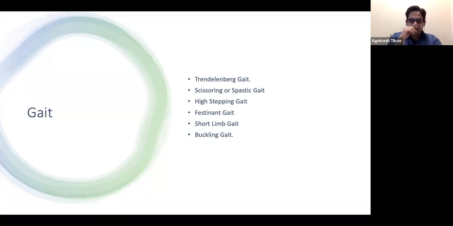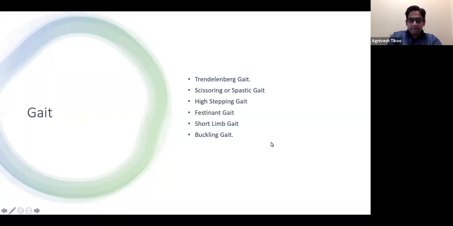If you have a patient with foot drop, the patient will have a high stepping gait, because again the foot dorsiflexors become weak. So in order to clear the ground, he has to lift his leg more so that he can walk, and then they walk with a slapping type of gait, because there is no dorsiflexion control. So when it falls, it just falls like this on the ground.